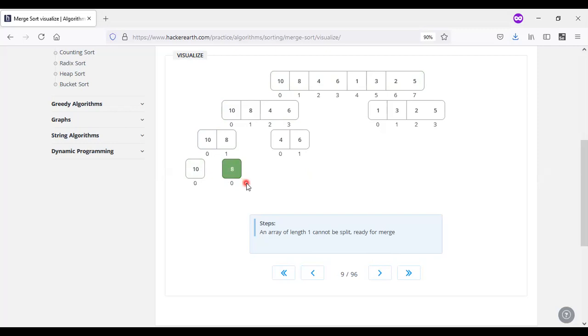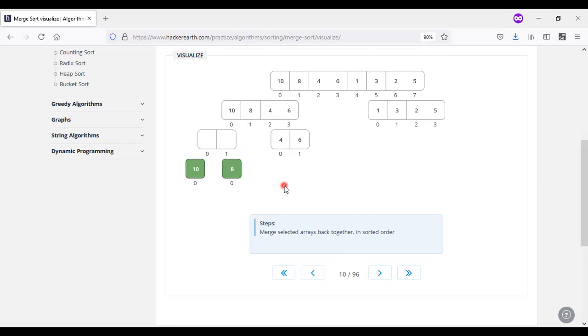For each and every array that is sorted, I am merging it to form a sorted array. For this representation, we need to compare these two values. For the merging, I am conquering each and every sublist. In this one we have two values, 10 and 8.